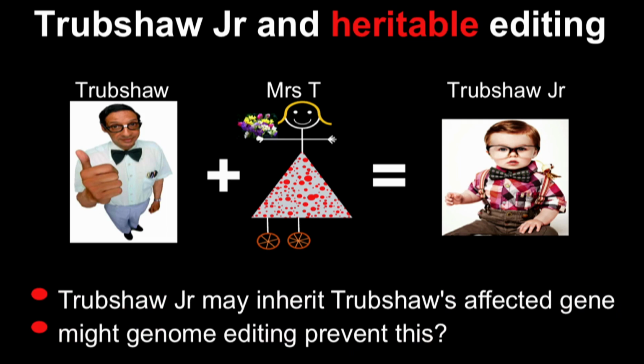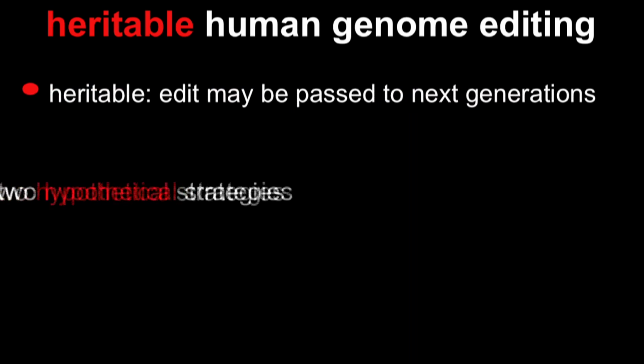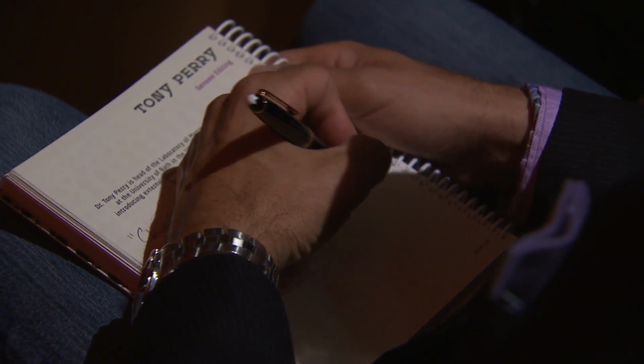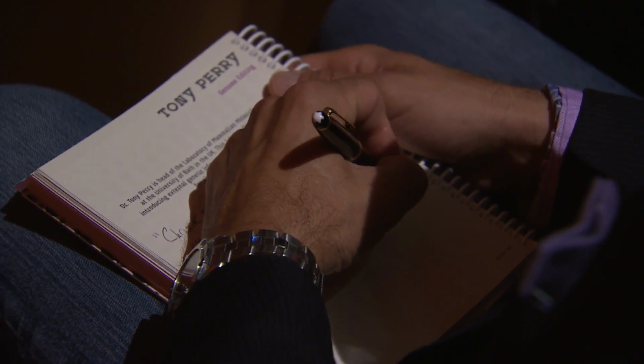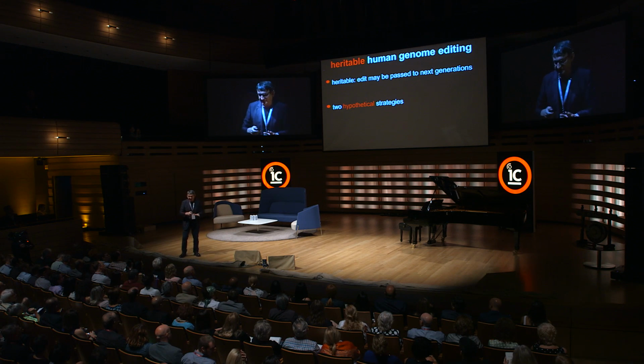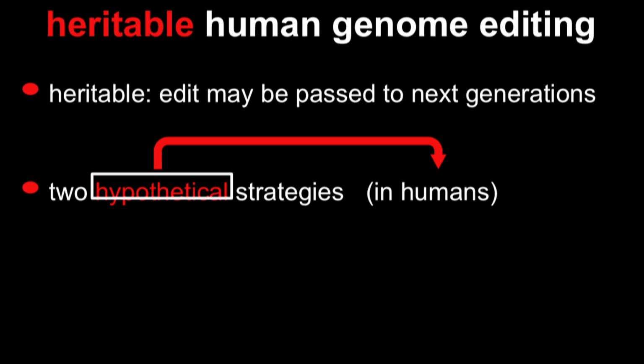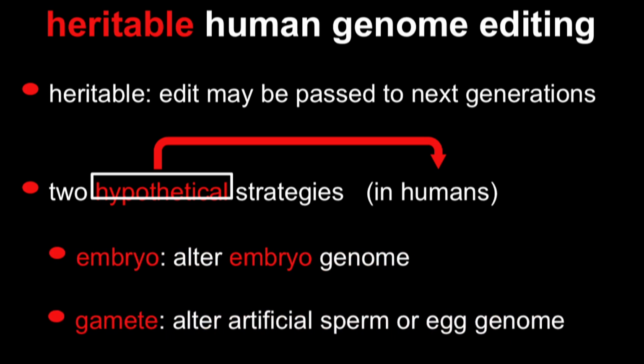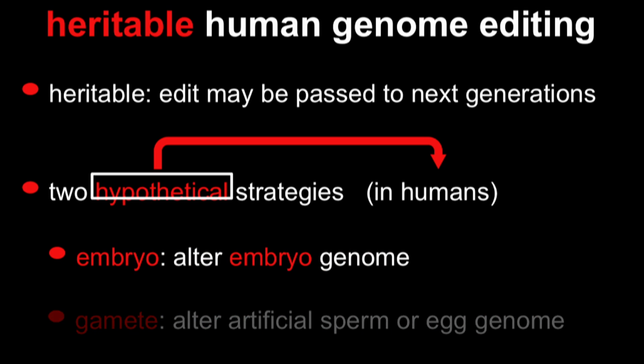And that's what brings us to the area of heritable human genome editing. And by that, what we mean is where we're making an edit that is passed to successive generations. And we can do this via one of two hypothetical strategies. Today, they're hypothetical in humans. We're putting the pieces of this jigsaw together in experimental systems, particularly living mice, which is a very important model. But in humans, it's hypothetical. And the two strategies that we think that we will be able to use are to be able to do this in embryos and to be able to do this in gametes. They're both very important, I think, and I'd like to talk about them one by one, starting with editing in embryos.